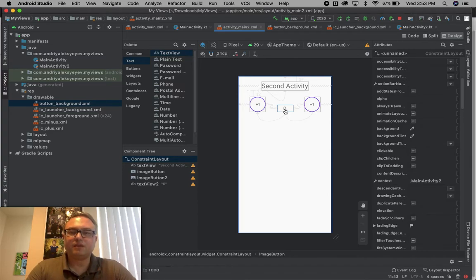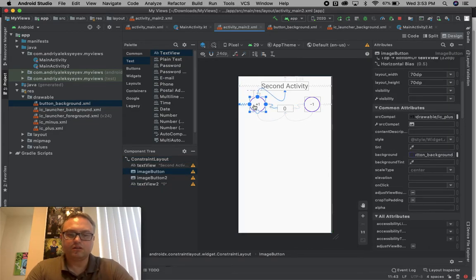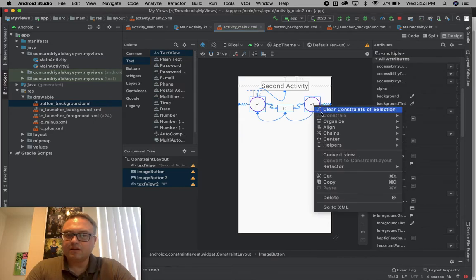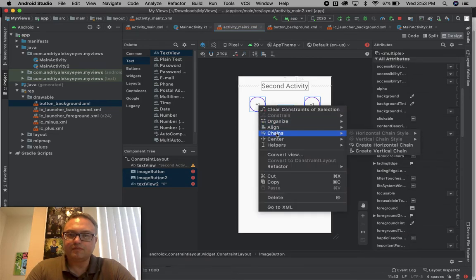In fact, what if we select all of them, clear constraints, let's do a chain again, horizontal chain,